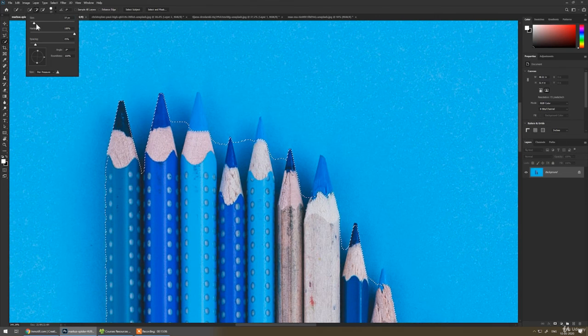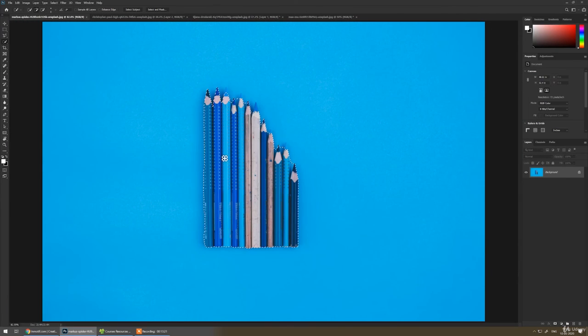We will make it even smaller, and now we can subtract this part, and we can add this part, and subtract this part. So that's how you make your selections.